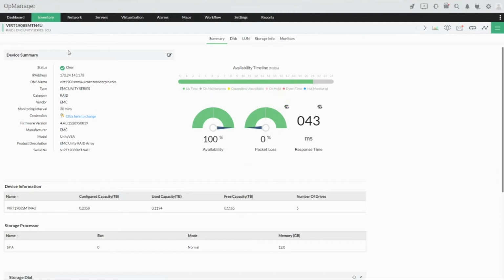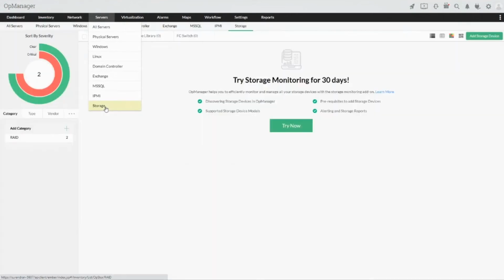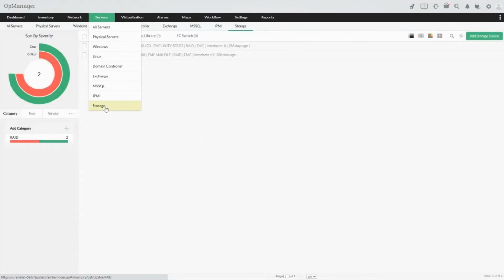And also, when we talk about storage-based monitoring, as we already discussed in part 1 of our previous webinar, the storage-based monitoring is licensed based on the number of disks which you want to monitor in these storage devices. So if you have a storage equipment in your environment which has 100 disks, you can easily get the storage add-on in OpManager with 100 disks and monitor them accordingly.